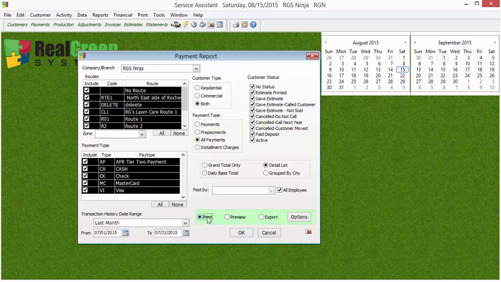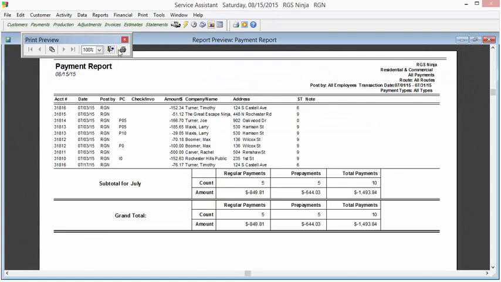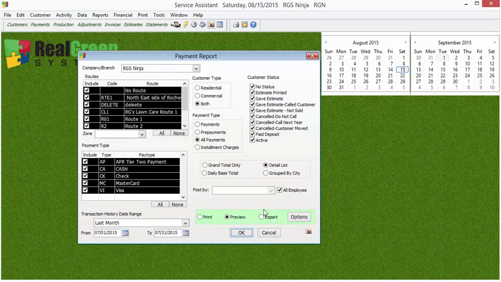Now, if you save it as a print, it won't even show you the preview of the report. It's going to ask you what printer you want to send it to. That's why I usually recommend setting it to preview, because you can print the report from that preview. That way, if anything looks wrong, you're not wasting paper, and you can figure out what's going on. So again, once I've got all my criteria set, I'm going to hit the little Save to Favorites